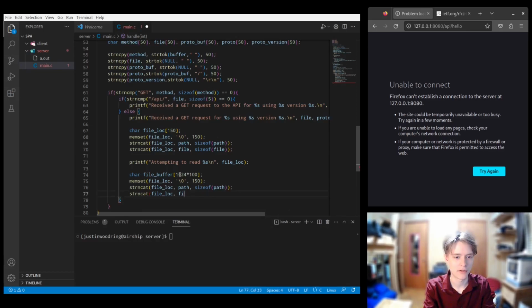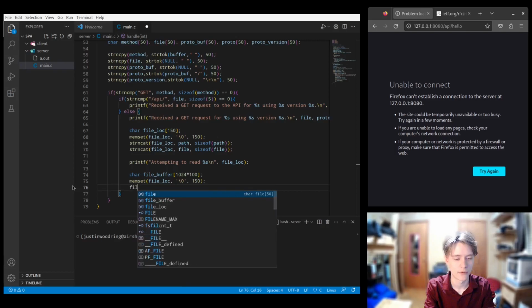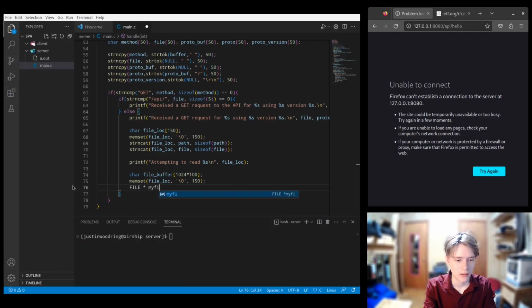And I think I just copied the same thing twice. No, I didn't. I copied some of the same stuff twice because I got distracted. But yes, we do need to clear the file buffer. And then after that, we're just going to open the file. So, here, file equals